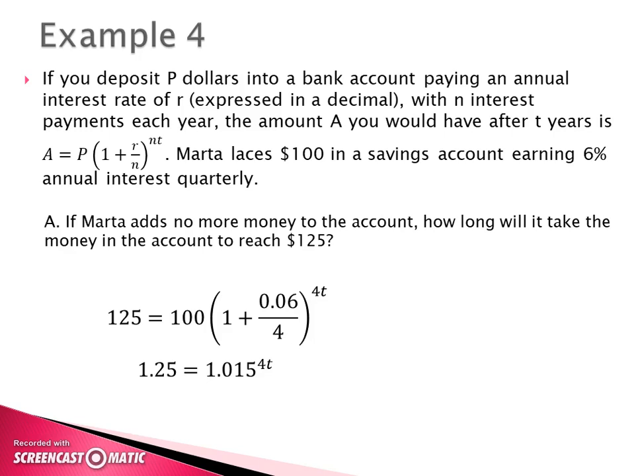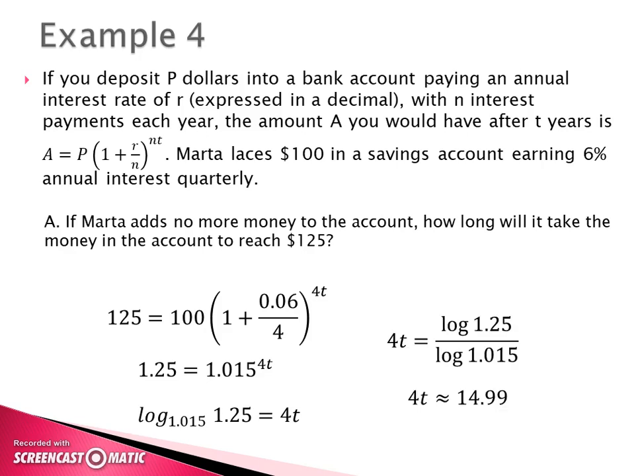And we can write this as a log. So our base is 1.015. Our answer is 1.25 and our exponent is 4t, so we write this as a log base 1.015 of 1.25 equals our 4t. We can use the change of base formula, log of 1.25 divided by log 1.015, that equals 4t. It's about 14.99, and then we divide by 4 to find t, so it's about 3.75 years to reach